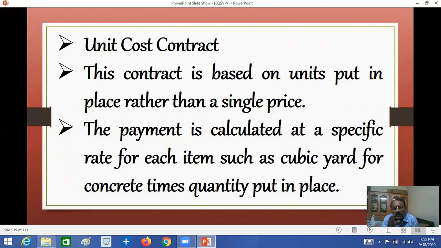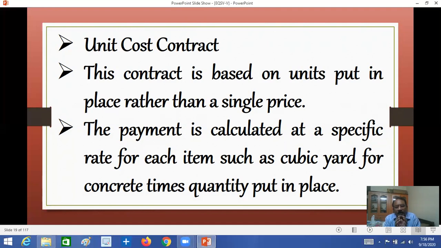So in this contract, rather than a single price for the total project or total building, the contract is by unit of cost. You complete this excavation, so much amount. You complete this footing, so much amount. For this basement, you fill this murrum, and that contractor is different. Up to one centering, you will do the columns and slabs. Next, other masonry will come. You complete this brick masonry for so much amount. That is divided unit wise.